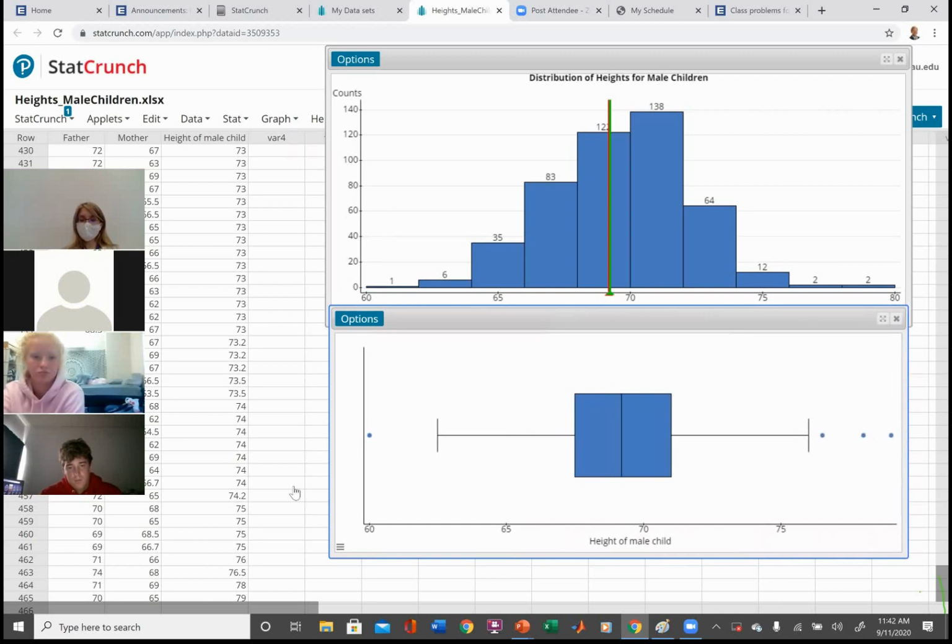Now, when you're looking at a box plot, how do you determine symmetry? You look at two things. You look at the position of the median inside the box. When you have a symmetric distribution, the median is kind of in the middle, okay? Because this is saying this is the 25% to 50% of the data and 50% to 75% of the data. They take up the same room, okay? The other thing that's pretty much the same are the whiskers, the length of these whiskers, okay? And you can see that they're pretty similar, all right?